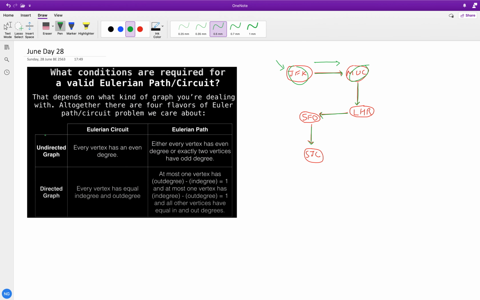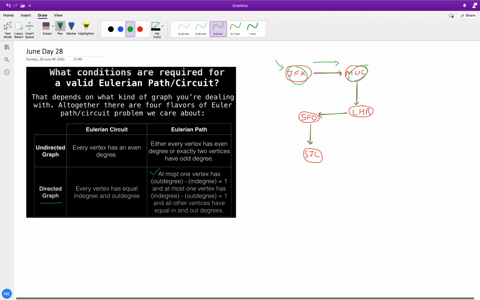For a directed graph, the condition for existence of an Euler path is that at most one vertex has out degree minus in degree equal to 1. If you see the vertex MUC, this is the out degree and this is the in degree from JFK.